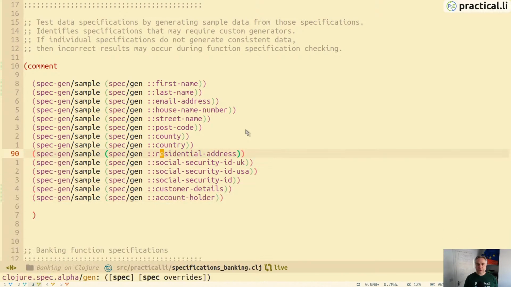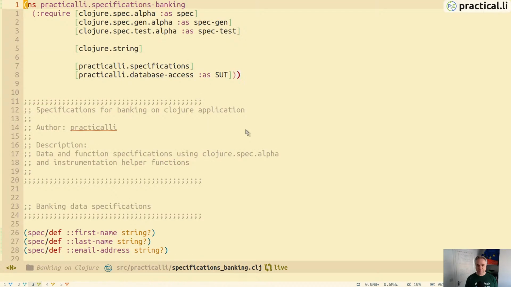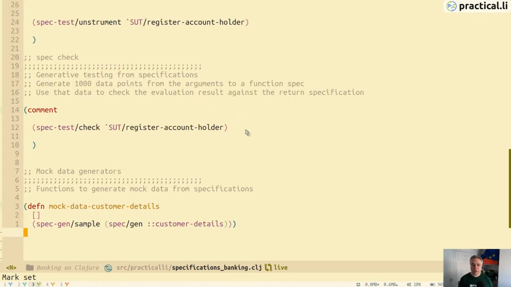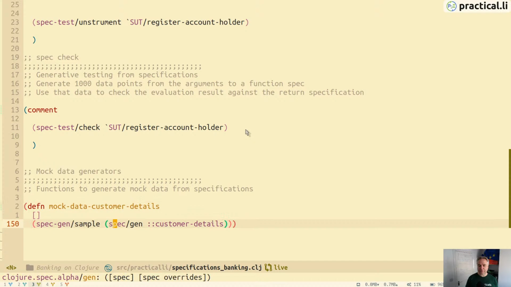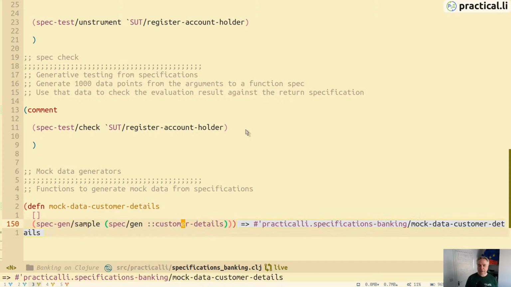So using spec gen in here is useful during REPL development. What we could do at the end of this namespace is create a function for mock generators. So here we're generating a specific function that will basically generate a sample of the customer details, and then if we go back to our